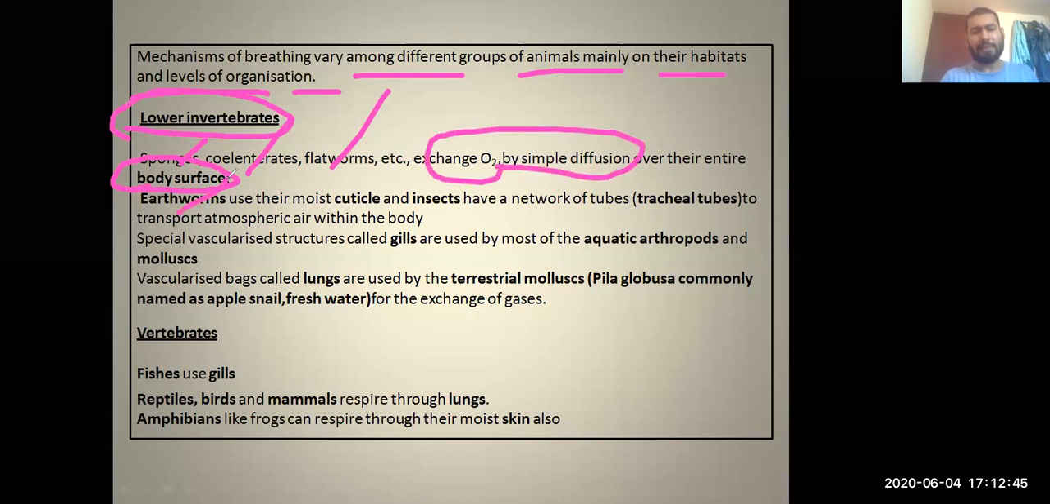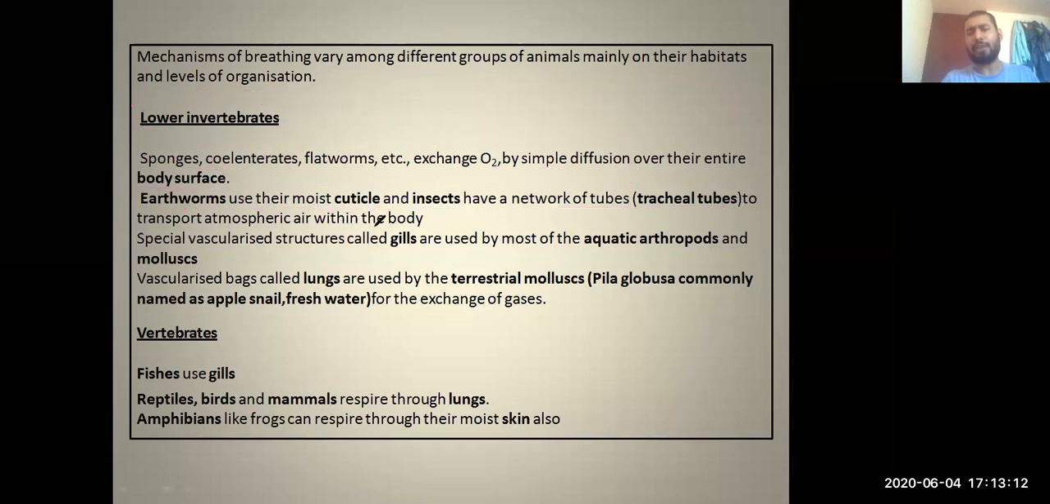In case of the earthworm, they have a moist cuticle by which they perform respiration. And insects, basically we have to study about the cockroach, that is Periplaneta americana, which we already studied. They have a network of tubes known as tracheal tubes, and these tracheal tubes open outside through the spiracles, by which atmospheric air enters inside the body